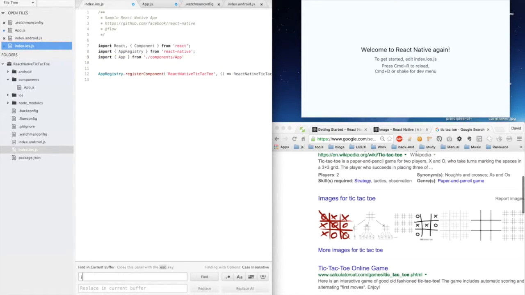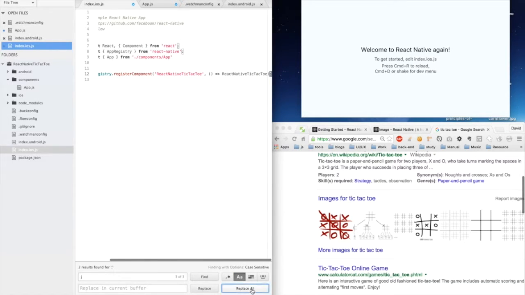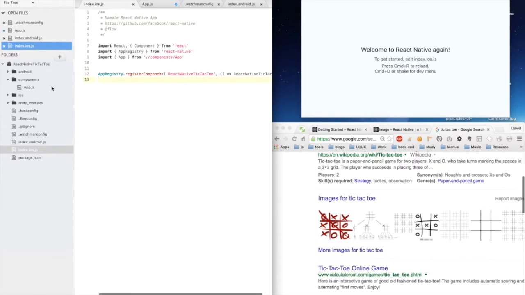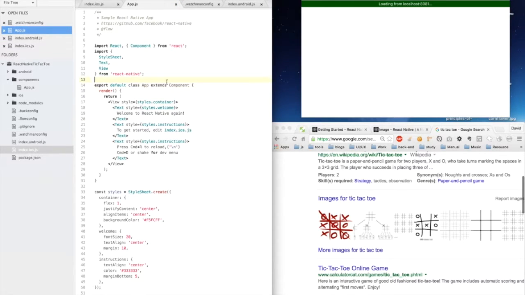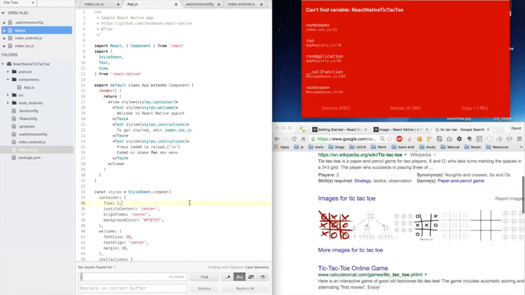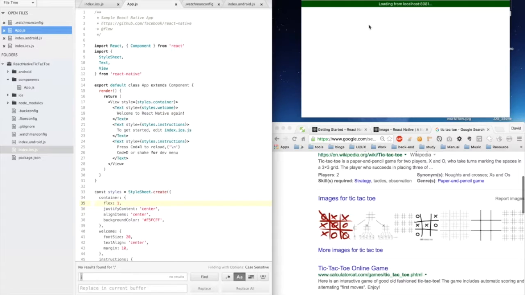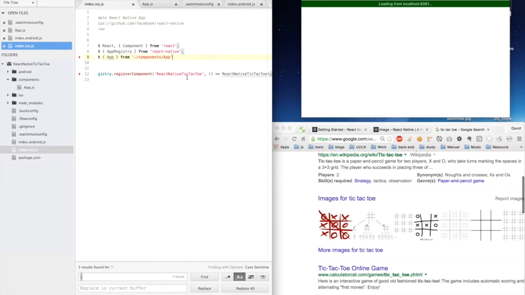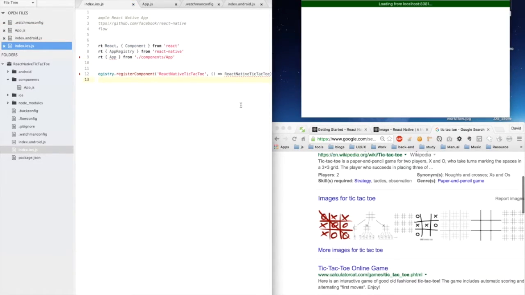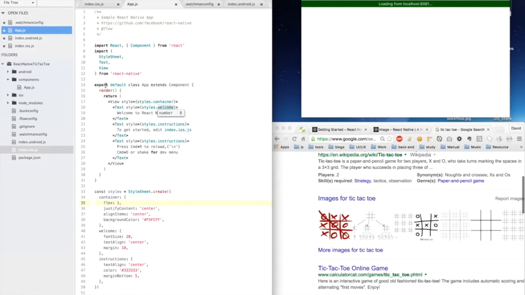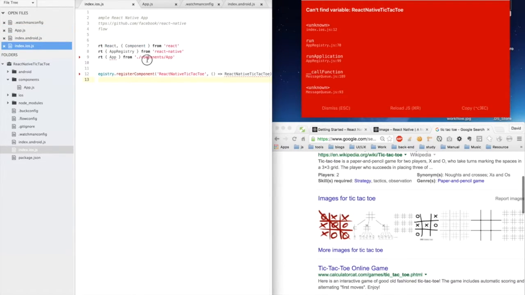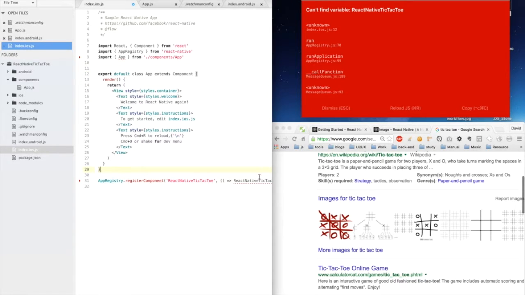And I don't like the semicolon, so let me remove all the semicolons. Same as here, let me replace all. But there is an error, can't find it, because I deleted the Tic Tac Toe component here, and remove the default. Now I can render the app component here